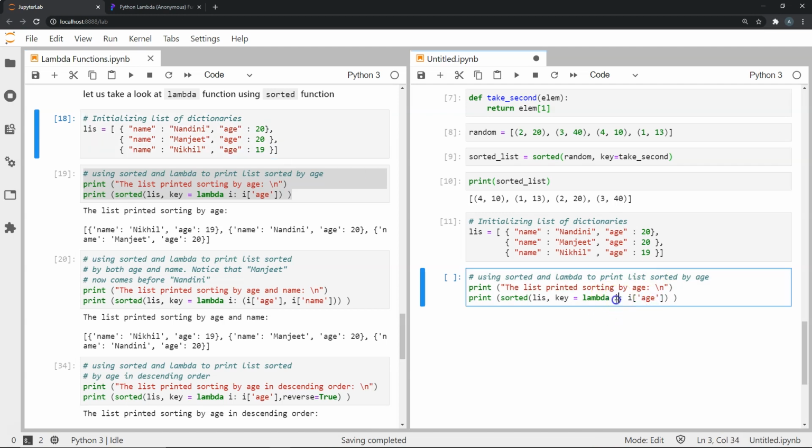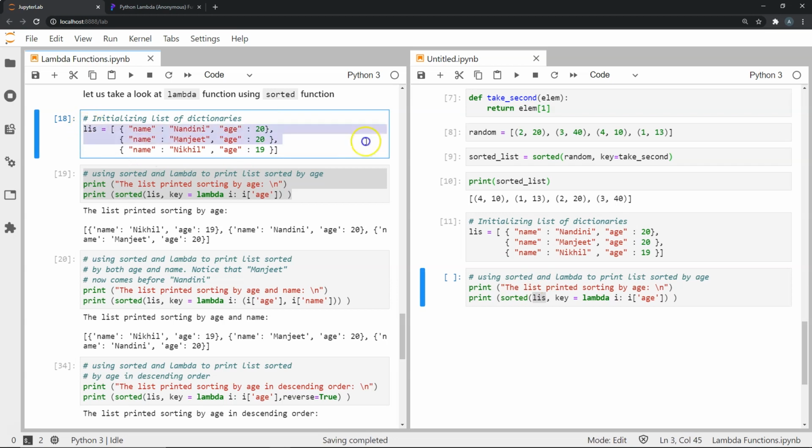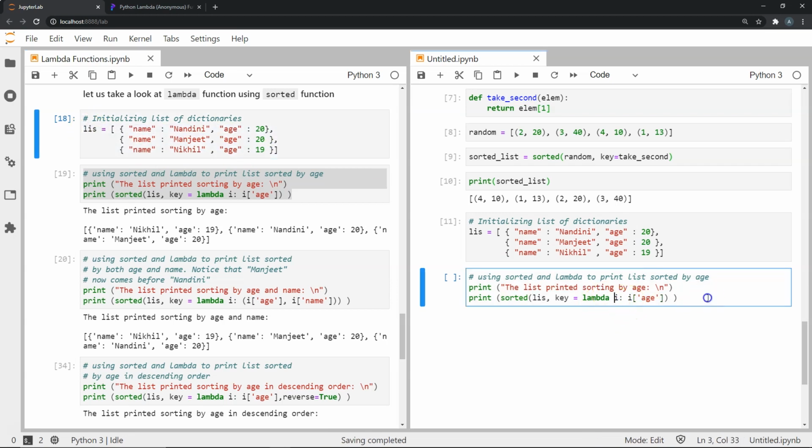And now you're going to ask, what is I? Well, when we use the lambda function in the sorted function, this I will basically be each object that we get when we iterate upon this list. So we're going to iterate first on this. It's going to take this dictionary and search for the age. Then it's going to take this, and search for the age. Then it's going to take this and search for the age. Each time it will pull out the value for each of these age keys. And out of these values, 20, 20 and 19, we're going to create a key with which we're going to sort each object in this whole list. Okay, so this is how the lambda function will work here.